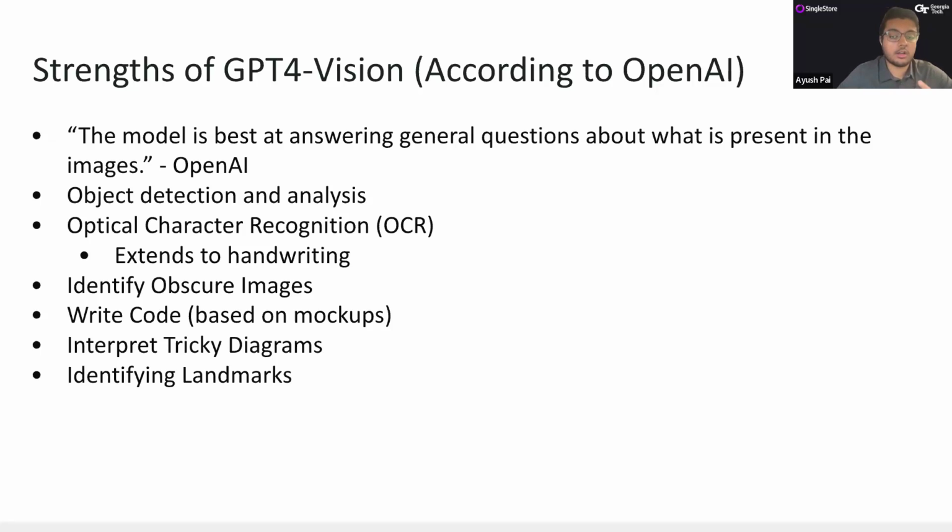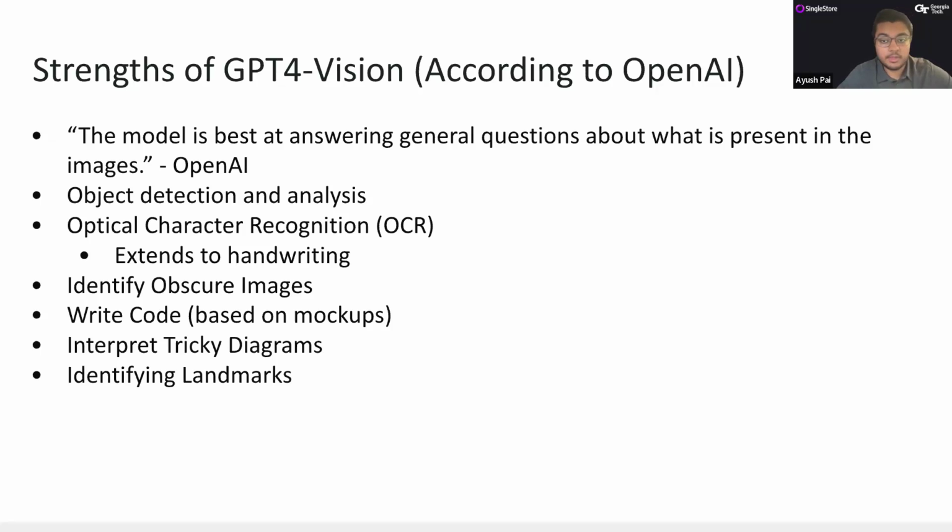OCR has been around for a while. There's been a multitude of OCR algorithms in the past, which basically read printed text from an image and turn it into actual text. But GPT's OCR system is really well defined, and also extends to accurately interpreting, in a lot of cases, handwriting. Furthermore, GPT-4 Vision has shown a great ability to identify content within obscure images, showcasing advanced pattern recognition